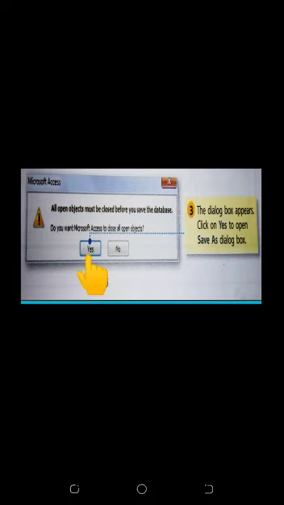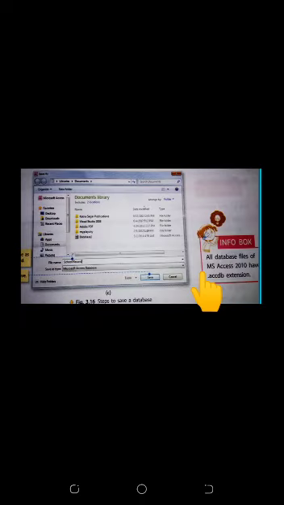When you click on the Yes option, it will close all the objects. Then this type of dialog box will open. You will give the name of the database and then click Save. After clicking Save, your database will be saved in your computer. And remember one thing, all the database files of MS Access have the extension .accdb.